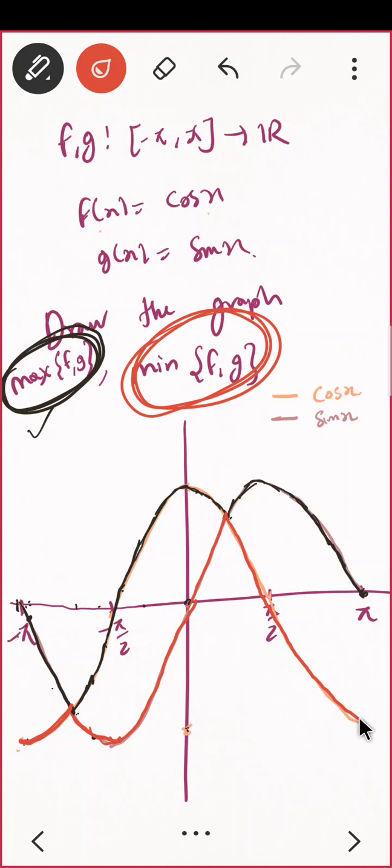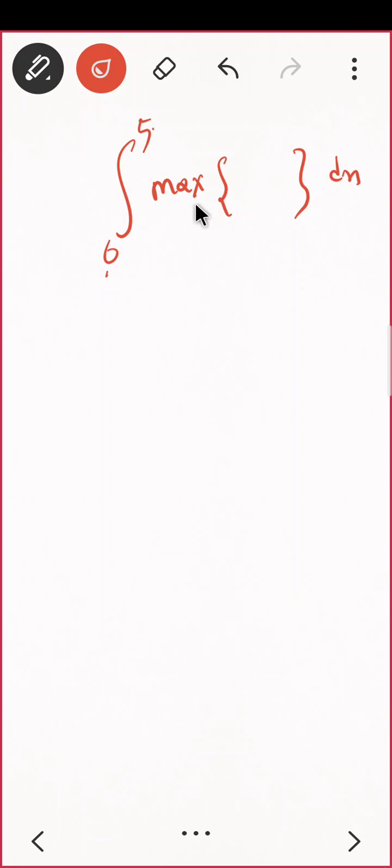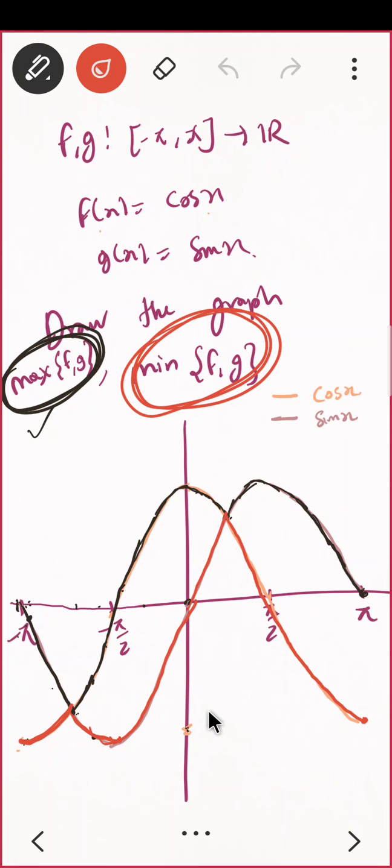See why I am stressing so much on this topic, because later on, even in some entrance exam, if you see in your JEE exam, there are some questions like find the integral where the function is the maximum of two values, and dx, and you want to find the integration, then it would be quite difficult for you to do. So what you should do, whatever interval, say 0 to 5, is given, you should draw that interval 0 to 5 and try to find the maximum. Draw both functions, try to see the maximum, just like we drew just now. So that will be quite easy.